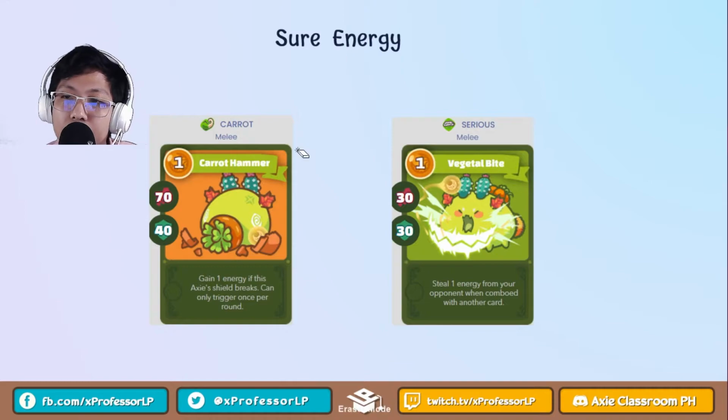Now, Sirius. You steal 1 energy from your opponent when comboed with another card. So yung Sirius, hindi mo siya pwede gamitin mag-isa. You always want to use Sirius with another card. Of course, there will be situations, but very, very minimal, where you'll be forced to play your Sirius alone. For example, what if you're really playing around energy steal or energy break? Alam mo yung kalaban mo,